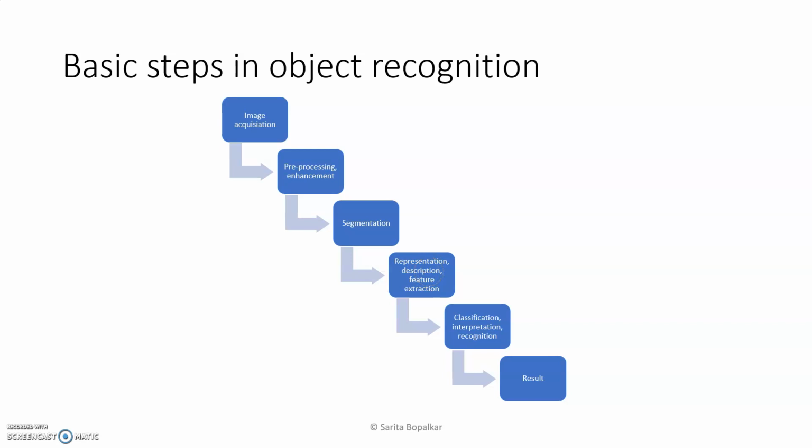For classification or recognition of the object, we need to represent the objects, and we use this representation to describe the object. After description, the machine will compare this description with the pre-stored description in a data set, and when it matches, the machine can recognize the object. So this representation and description is the main part in image or object recognition.